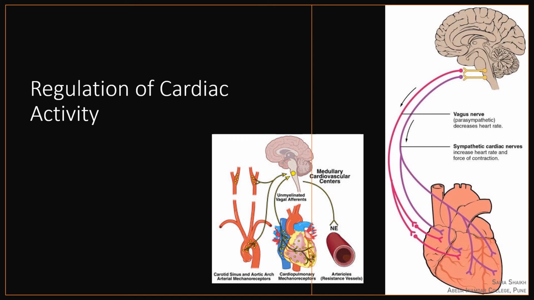In chemical control, chemical changes in the blood like acidosis and alkalosis decrease the heart rate. While epinephrine and norepinephrine, these are hormones, increase the heartbeat. The ions like calcium, potassium and sodium, when increased in the blood, cause a reduction in heart activity.